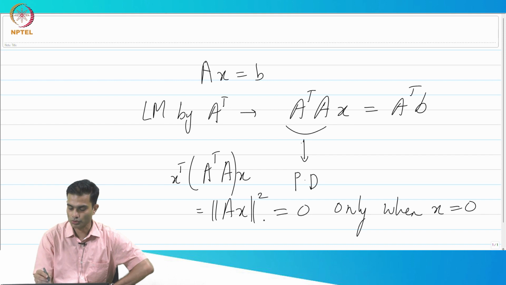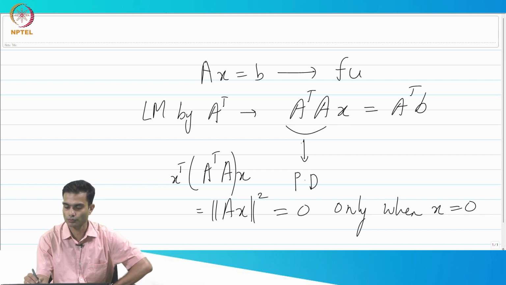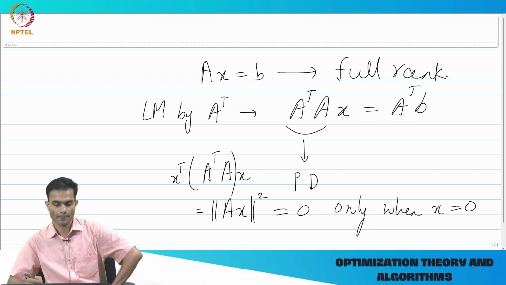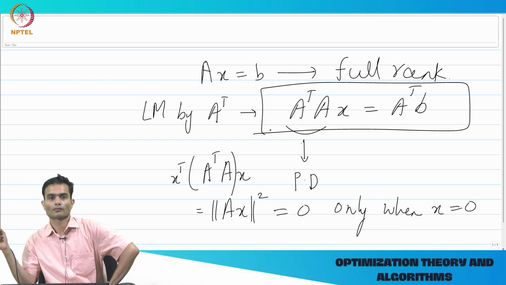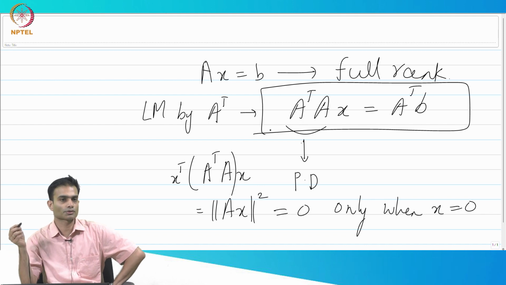So as long as you tell me A is full rank, I can solve this system of equations. The solution to this is the same as the solution to Ax equal to b. What was the slight disadvantage of doing this? We are not